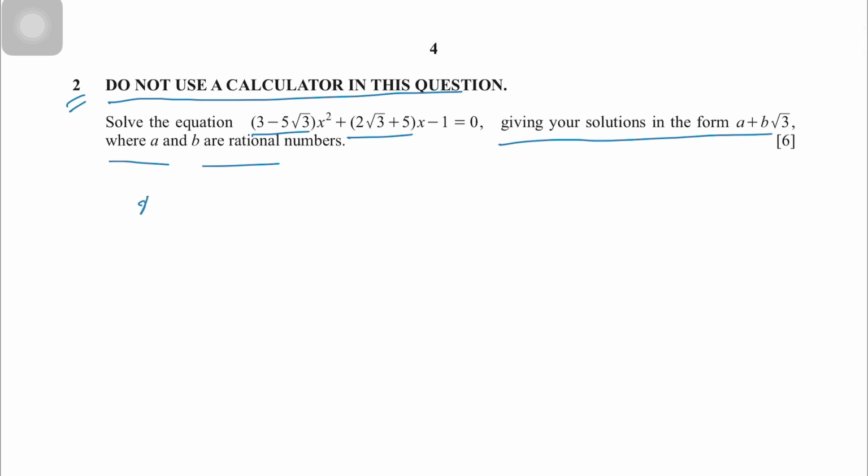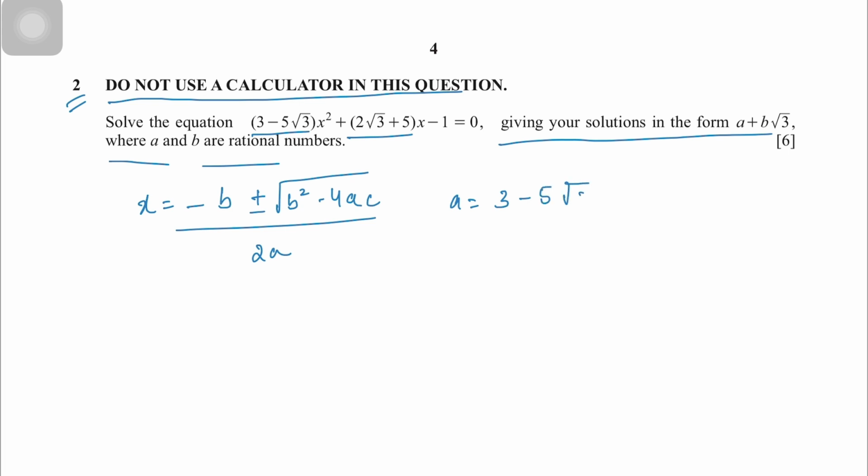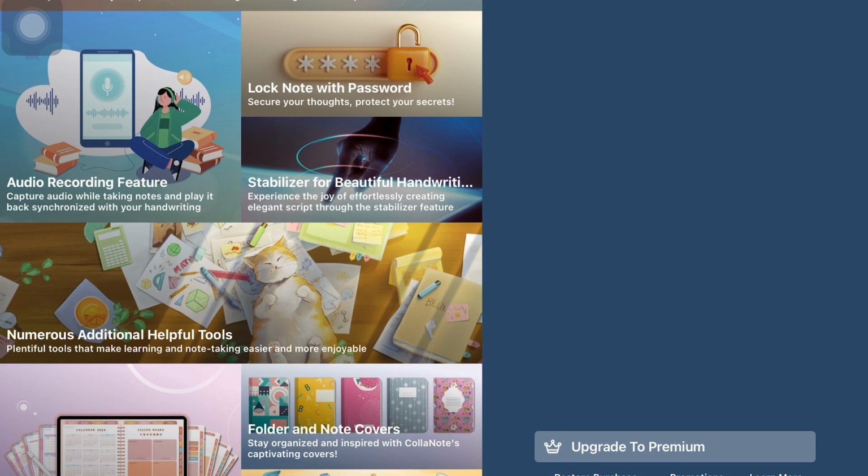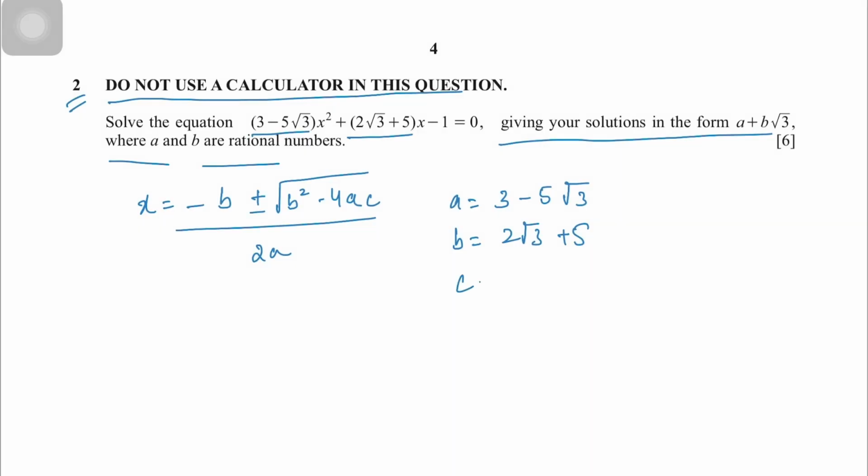So our quadratic formula is given as negative b plus or minus the square root of b squared minus 4ac, that is our discriminant, over 2a. Our a is basically 3 minus 5 root 3, which is the coefficient of x squared. Our b is 2 root 3 plus 5, and our c is negative 1. So this could be